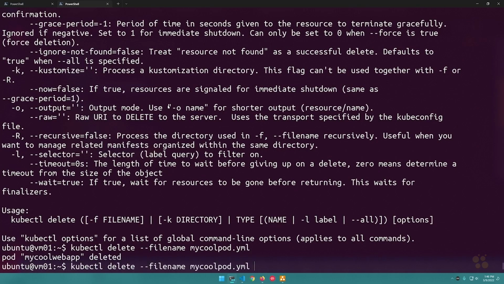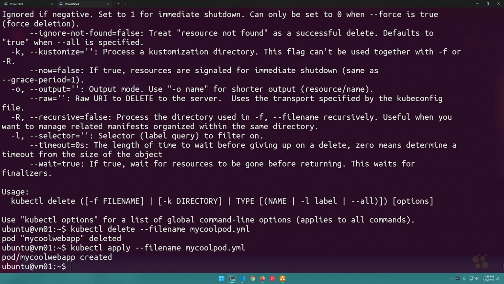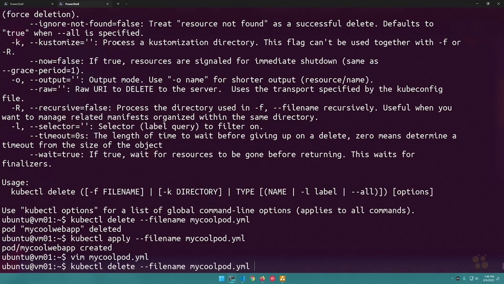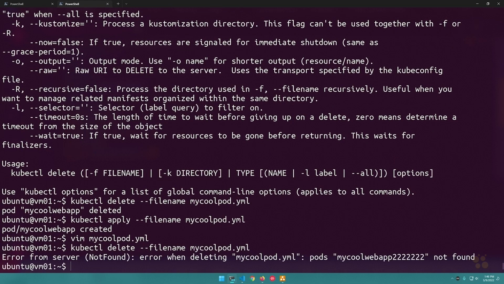But what would happen if we had something that didn't have a matching name? So let's go ahead and redeploy that with kubectl apply. And let's say that we changed this manifest file, right? So we've used the manifest file, we called kubectl and created that resource from that manifest file. But now let's say somebody came along and without our knowledge, they changed the name of that resource to something completely different. Well, now if we tried to run kubectl delete with that file name, we're actually going to get an error